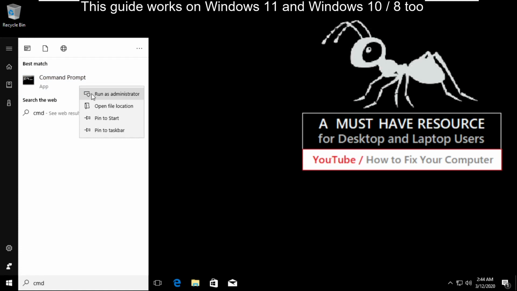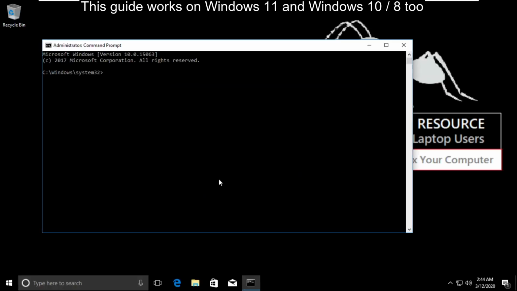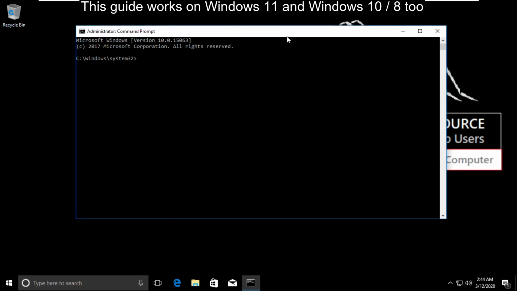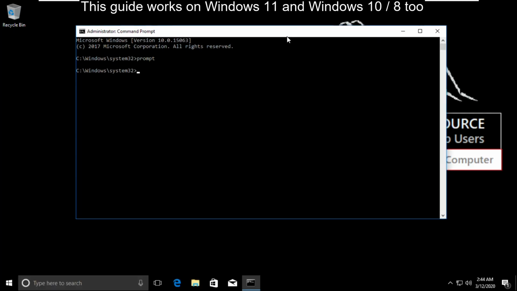In the final step, go to search bar and type cmd. Right click here and select run as administrator. Now type this command carefully. Type prompt and hit enter. Then type